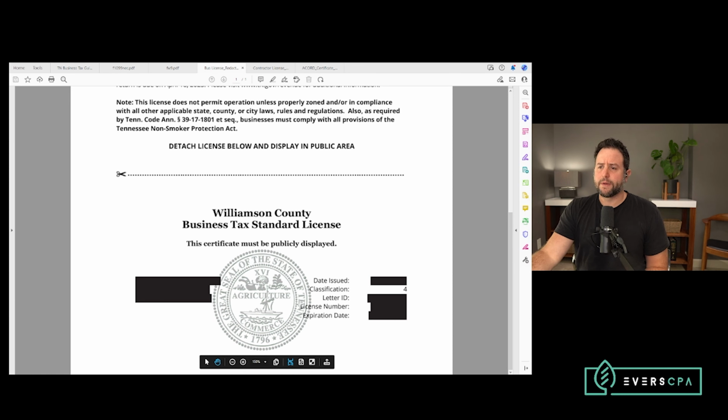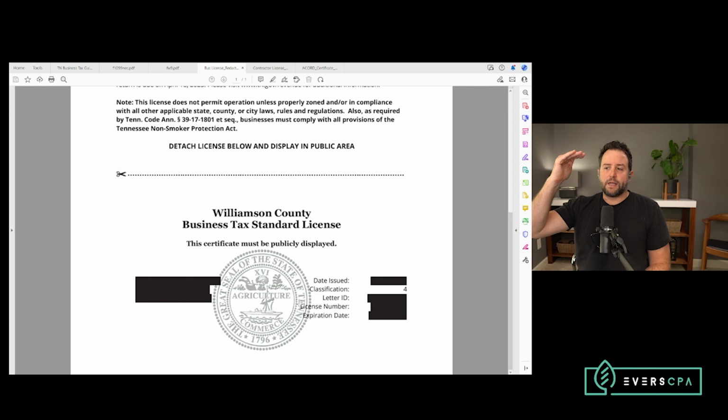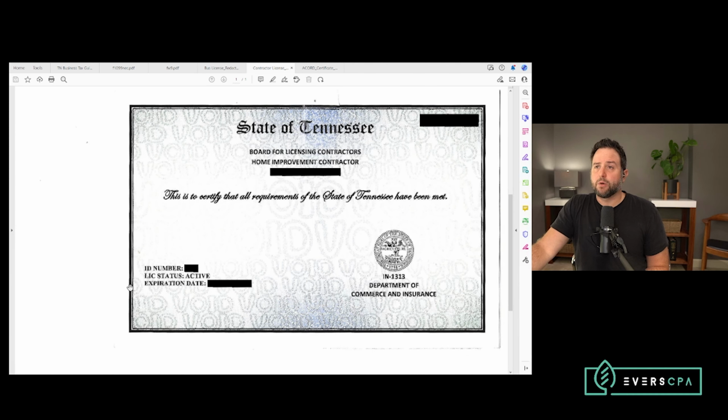It's really important because, again, when I file that business tax return or gross receipts, that's what it used to be called, the gross receipts return at the end of the year, I'm going to have to compile the names of all my subs I paid, the amounts paid to them, what type of work they completed on my behalf, their license number, so that I can claim that deduction on that business tax return. Similarly, I can report on that business tax return the